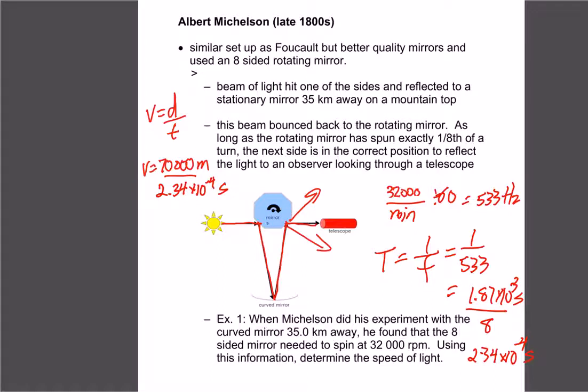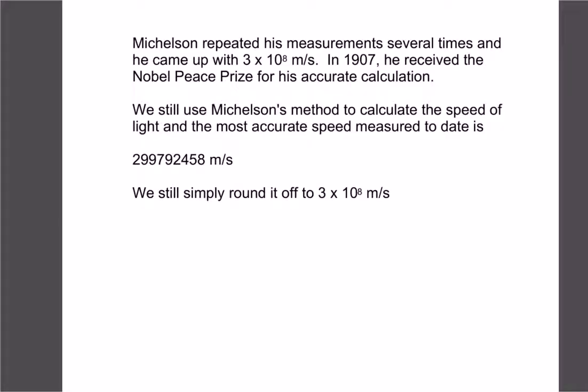We divide those out, and if we don't round off decimals, we keep things fairly close. We actually get about 2.986 times 10 to the 8th meters per second, which is pretty close to our accepted answer of 3 times 10 to the 8th. So what happened is Michelson kept doing this over and over again to try to get better results. So he would change his distances, he would change his mirrors to be a little bit better quality, and basically, after several tries, he's the one that came up with the 3 times 10 to the 8th number that we still use today. So this is in the early 1900s, and in 1907 he actually got the Nobel Prize